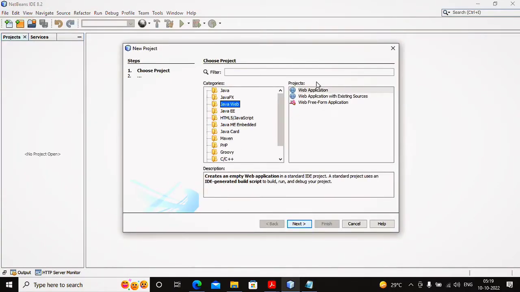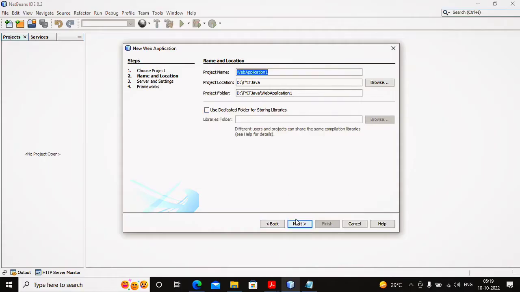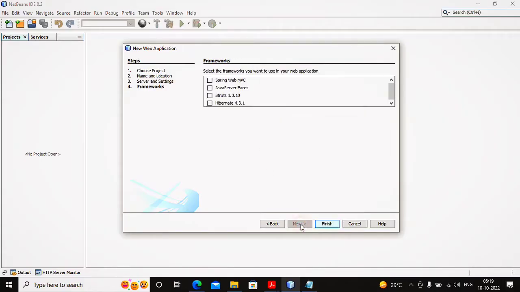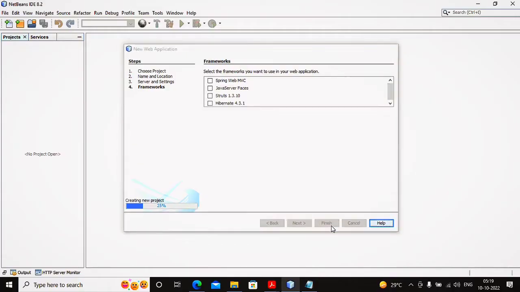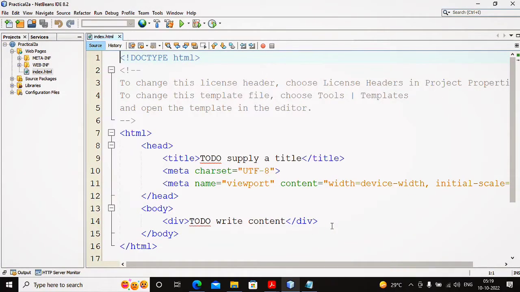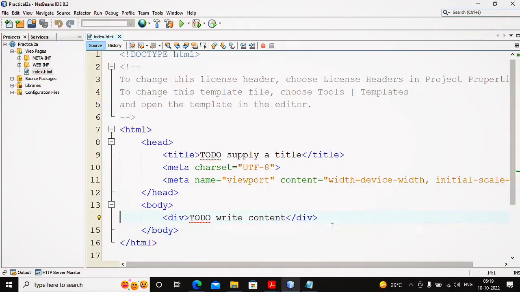So I'm creating a new Java web application, practical number 2A, using the same server, with no framework selected, and a project has been created. First, I need to create a login HTML, and since I already have index.html, I'm using the same index.html for the login. Here I'm designing my login page, creating the form tag,